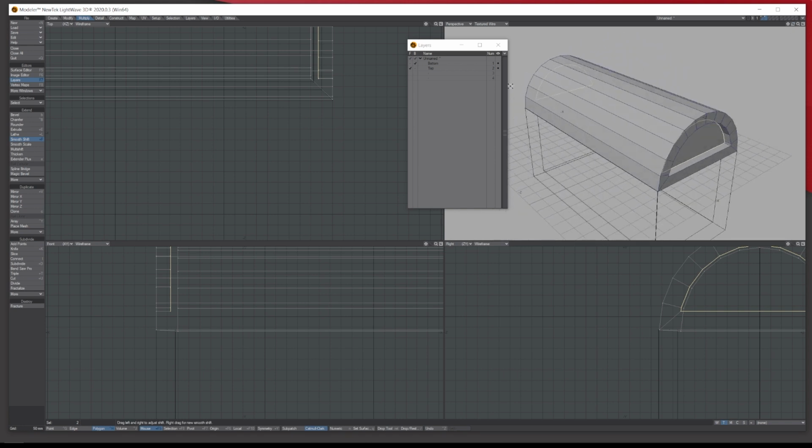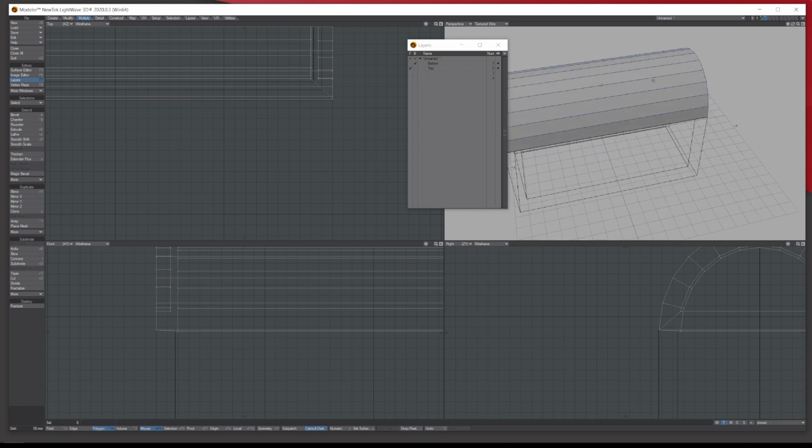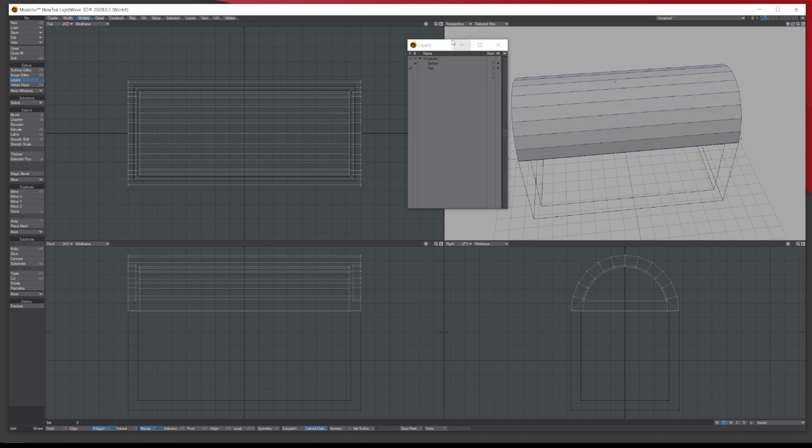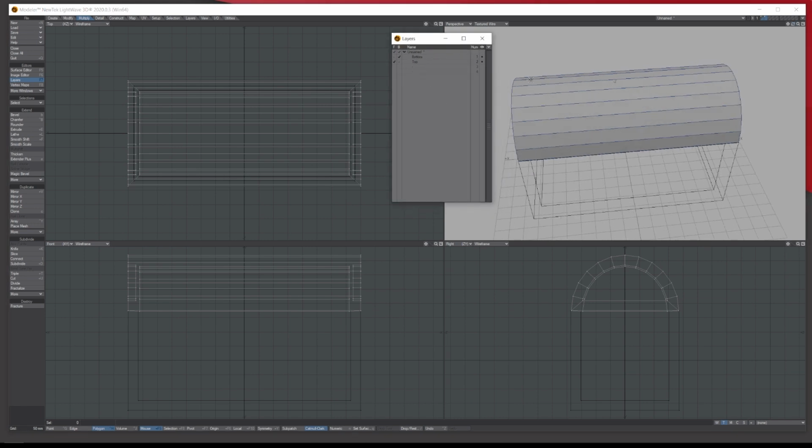So what I'm going to do is press space bar to drop any tools, and then slash will drop any polys. So A on your keyboard now to center everything. I'm going to add some more edges along here so we can add a border, maybe a metal border, and we can make the inside bits wood.